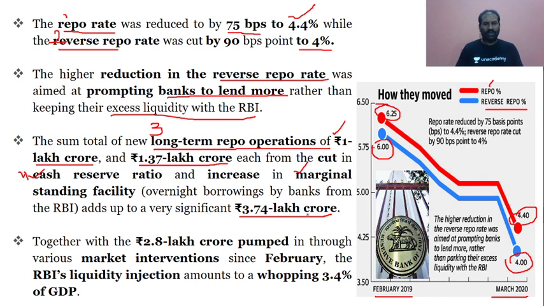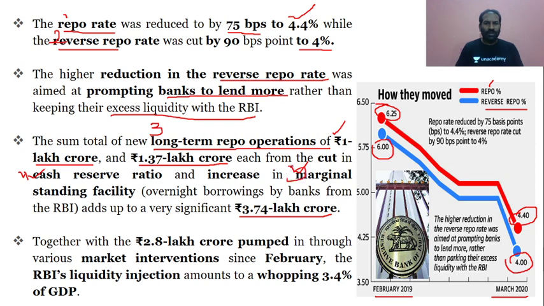So there is a large amount of money which the RBI is trying to get into the banks, so that there is more liquidity in the banks. Thereby there will not be any situation where the market does not have money, that is, there should not be any liquidity squeeze or liquidity crunch in the banking sector. That is why the RBI has come up with various methods.